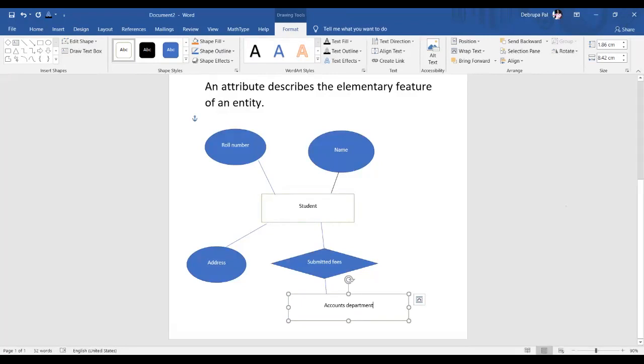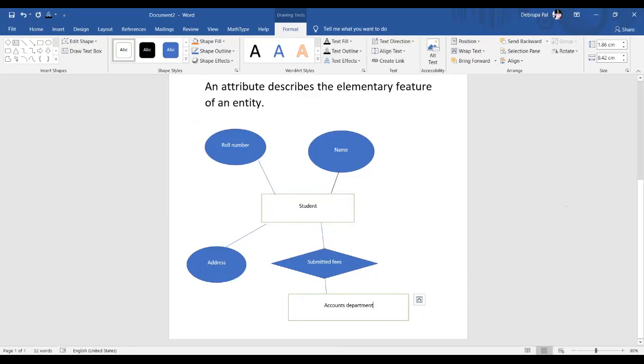When you came, what you did, you enrolled yourself in this college, you selected this college for admission. So you are a student who is having certain attributes. As soon as you submitted fees to the accounts department, that means there is a relationship between a student and the accounts department. So whenever you are asked to draw an ER diagram, you must draw the entities and the relationship among those entities. That is the basic block of ER diagram.